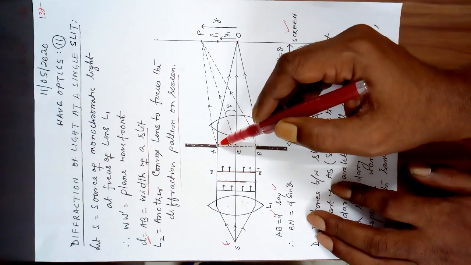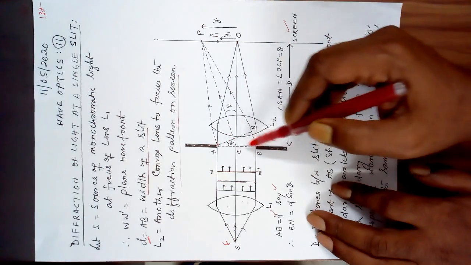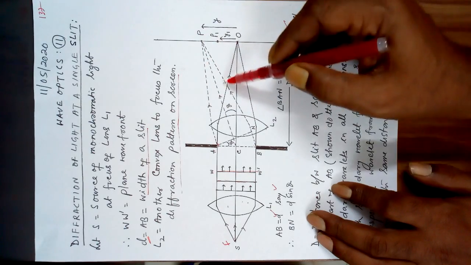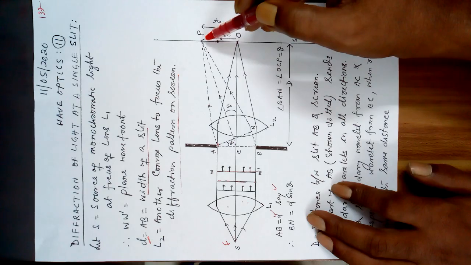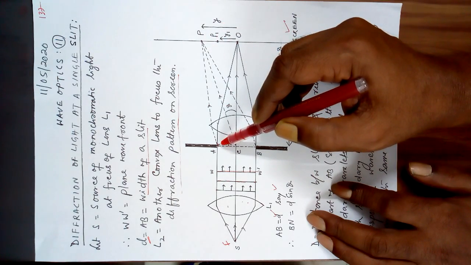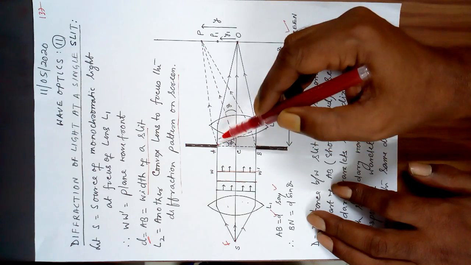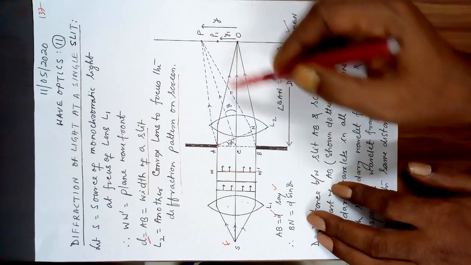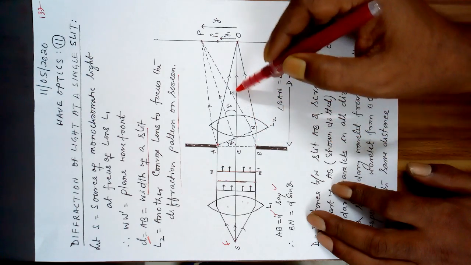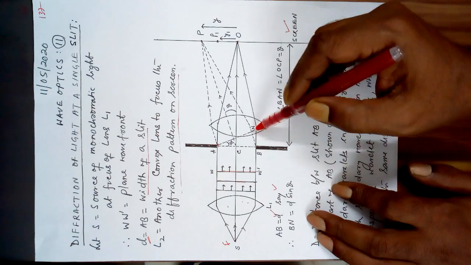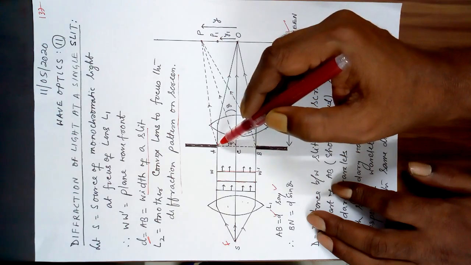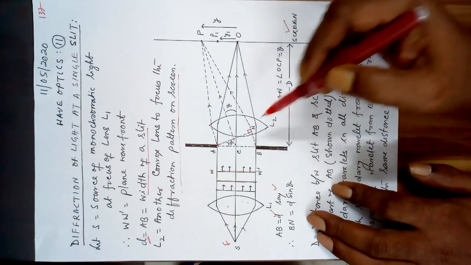Now after getting diffracted from the slit AB, the light is in fact traveling in all directions. It is going to this side, this side, this side. I have taken one point P. Look, the disturbance from here arriving at P travels along this dotted line, and the disturbance from here travels along this dotted line and arrives at P. So this distance is more than this distance. So I have drawn a perpendicular, AN is a perpendicular drawn.